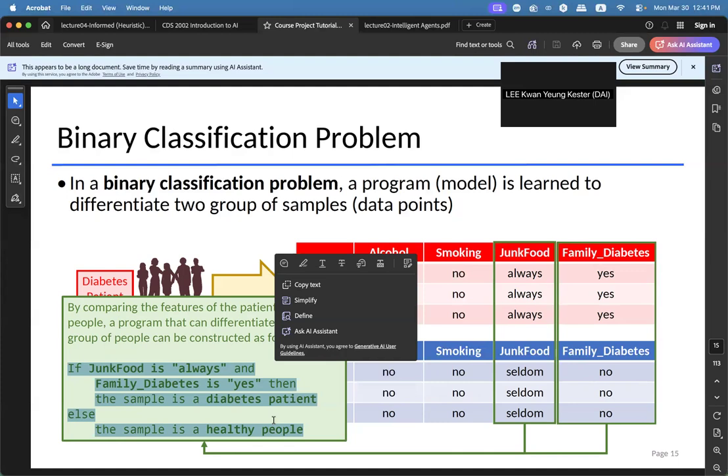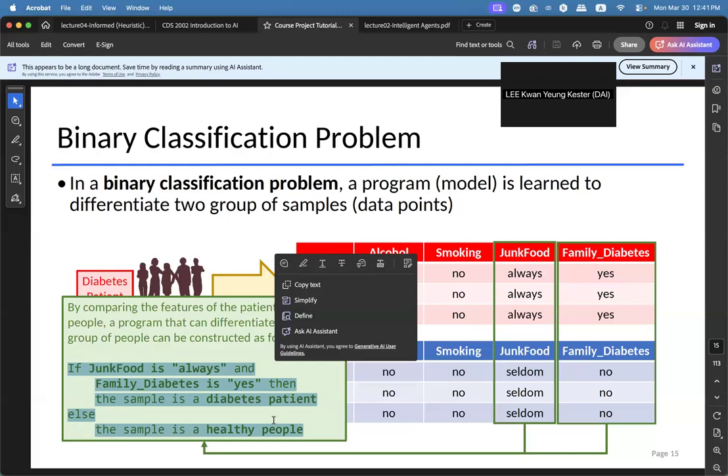We collected the diabetes patients and the healthy people, and the program compares the differences of their values across different features, and it found that there are two features, junk food and family diabetes, where the diabetes patients and the healthy people have significantly different values.